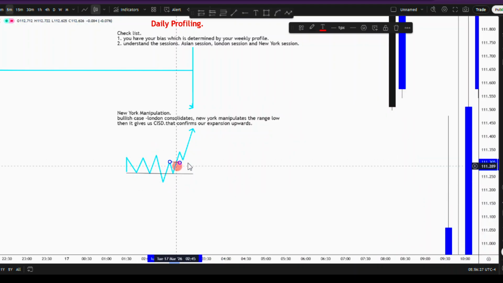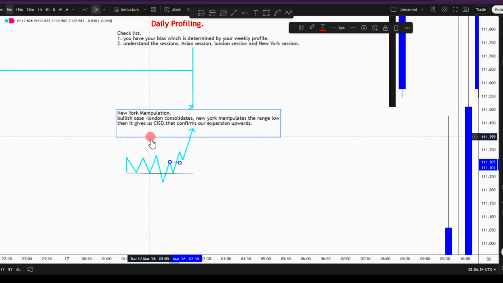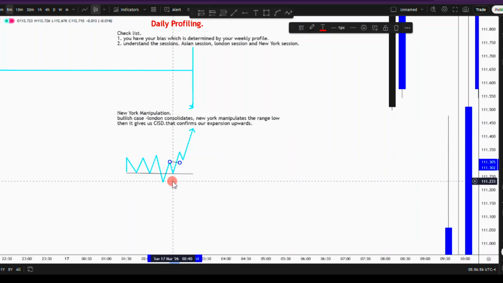So how do we recognize this in a chart? You have to look for how did the London session behave. Did London create a significant high or low, or was it just consolidating? If it failed to reach a key level, New York is more likely to sweep the range high or low. So after that, you look for a liquidity sweep. For example, at this point during the New York session open, which is at 8:30 New York time,